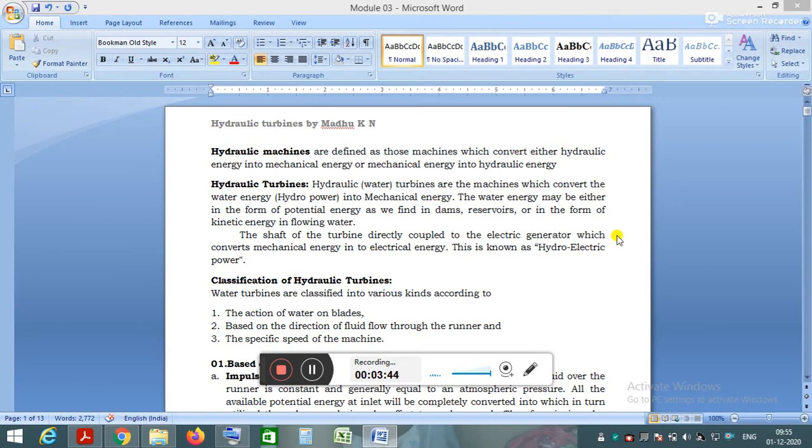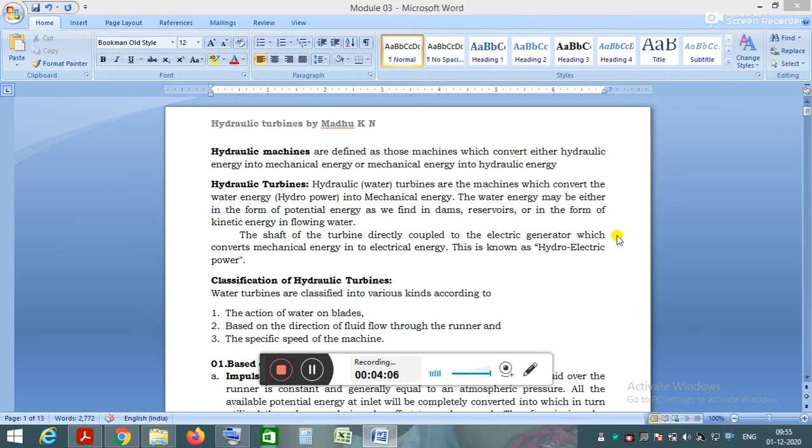The shaft of the turbine, which rotates using this hydraulic energy, is directly coupled to the electric generator, and this generator converts the mechanical energy into electrical energy, known as hydroelectric power. Okay,